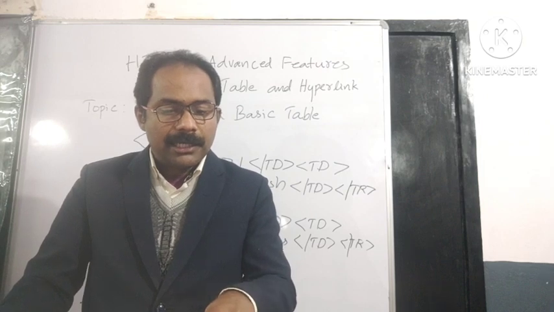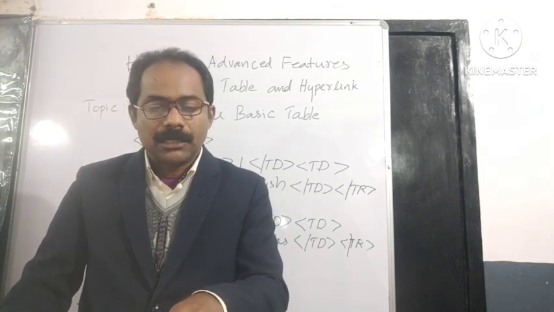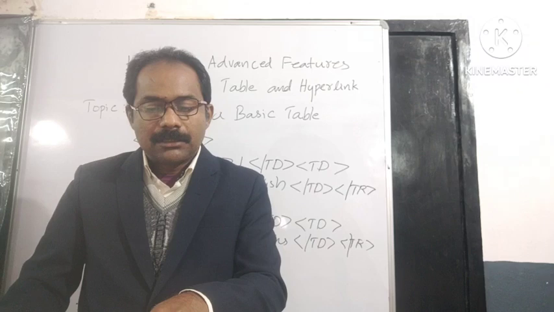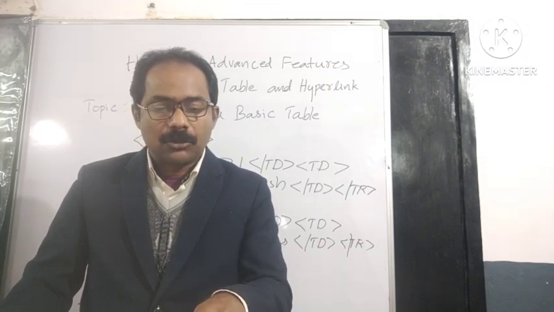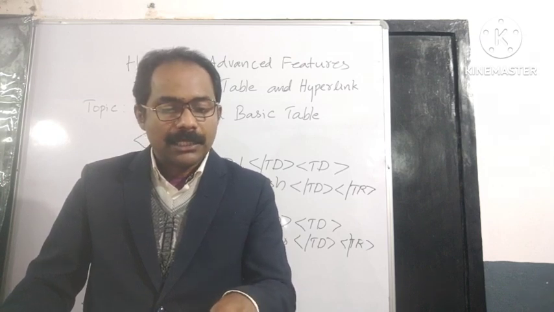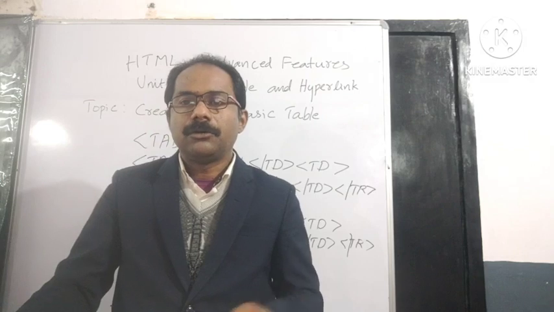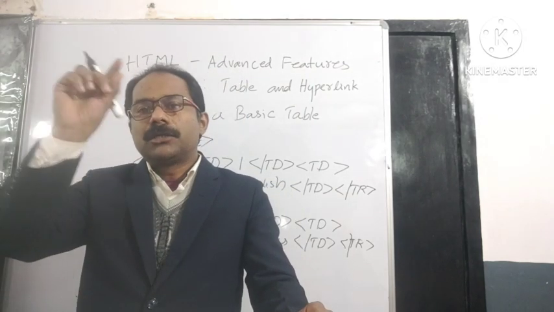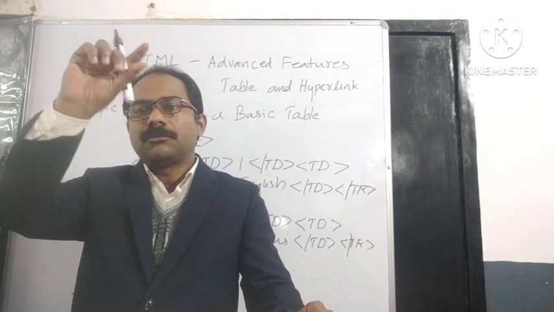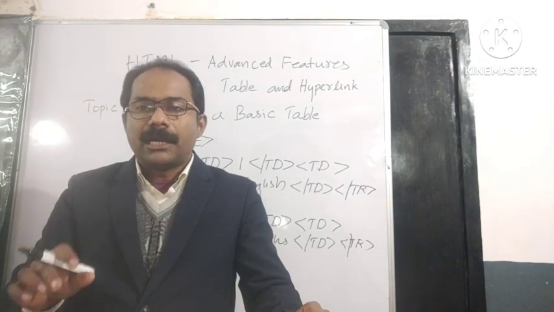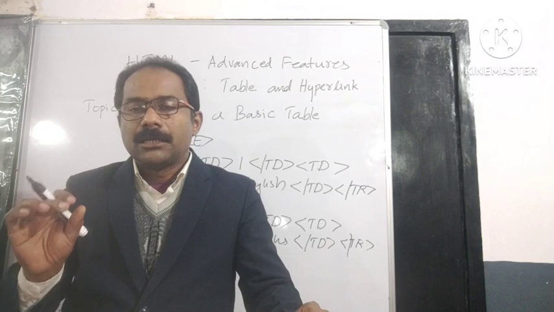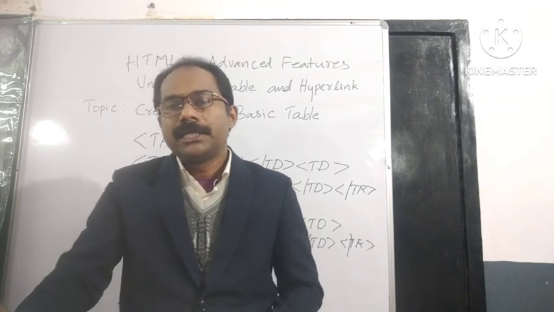Heading. The table heading can be defined using the th tag, and it is used to replace the td tag that represents the actual data set. Normally the top row is the table heading. You may use the th element in any row. Now, when you are seeing a table, on the top row we can see some labels in bold, in a thick size. And that kind of heading or label we can give with the help of the th tag.